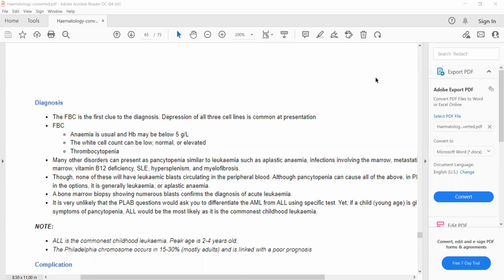In acute leukemias, the peripheral blood film will show pancytopenia. Yes. And aplastic anemia will show what? Nothing, normal. The full blood count will show pancytopenia, and the peripheral blood film will show abnormal white blood cells. Okay, in case of leukemia. While in case of aplastic anemia,